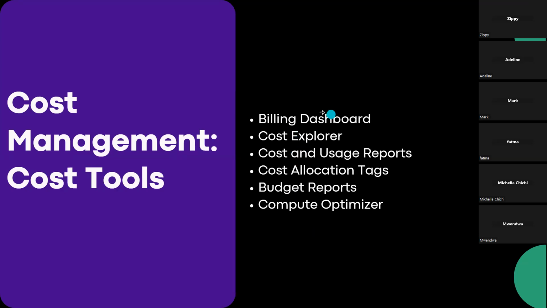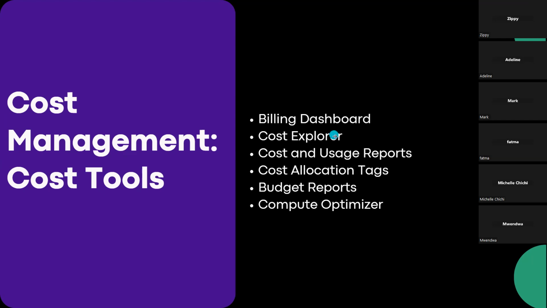So these are just a few of the tools that AWS offers to help you to manage, to visualize, to plan your costs. And the most common one, and the one you should know very, very well, is of course the billing dashboard. This is where you see your running costs. This is where you see your forecasted costs. This is where you see that breakdown of how much am I spending? How much did I spend in the previous month? What's the pattern here? Is my spend increasing?